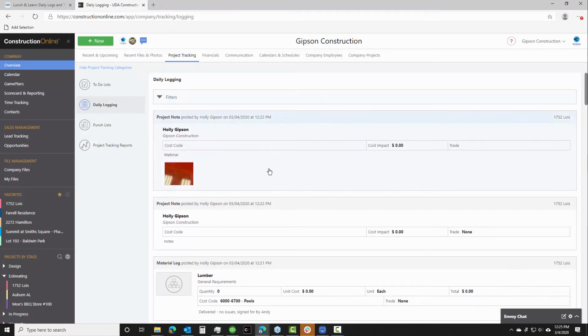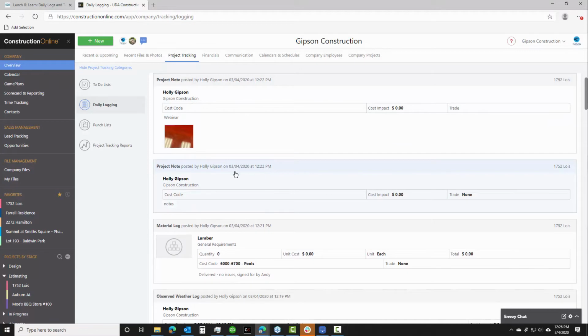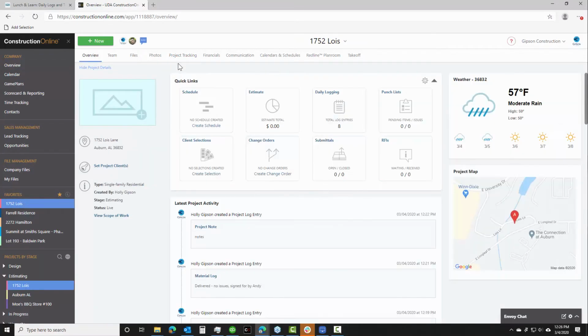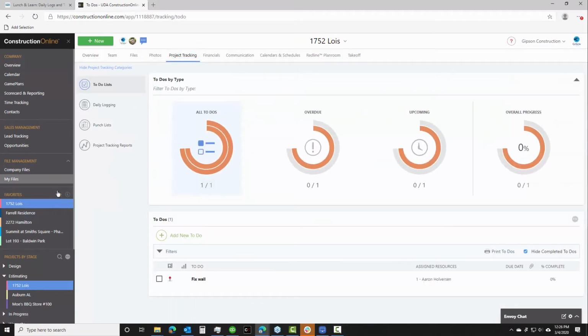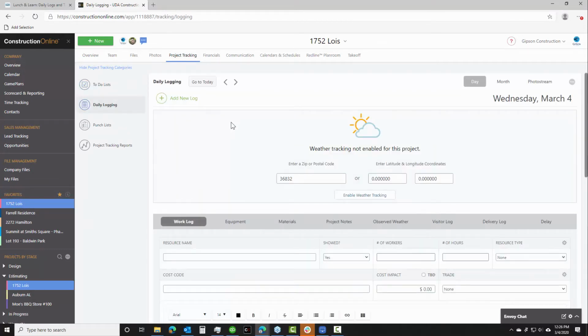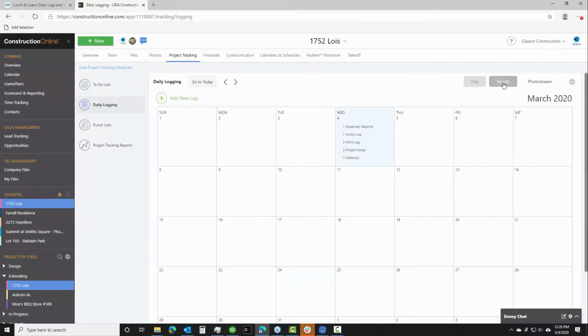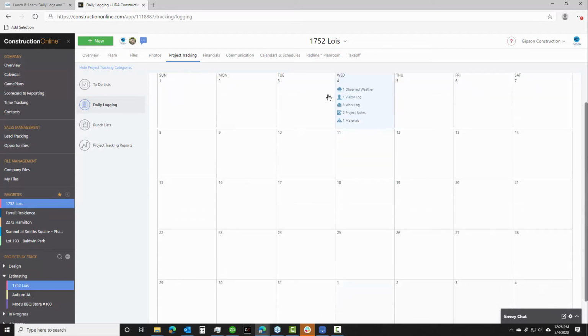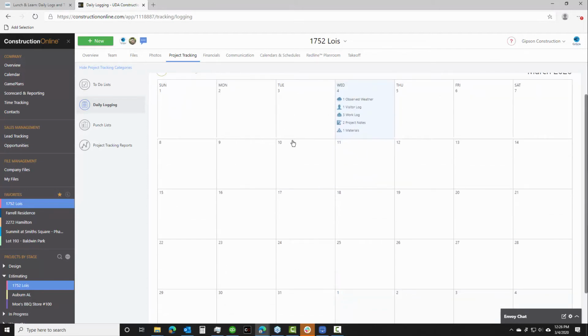Now, of course, the real location where people are going to land more often than not is inside of a specific project in the daily logging function there, where you'll start to see posts appearing on the month view of the calendar. And this helps you see in context what's happening across different dates inside of your projects. If you notice that there are multiple posts for one specific day, you might want to drill down and see, well, what's